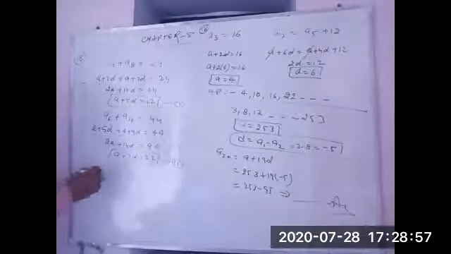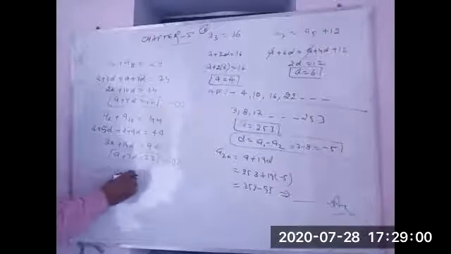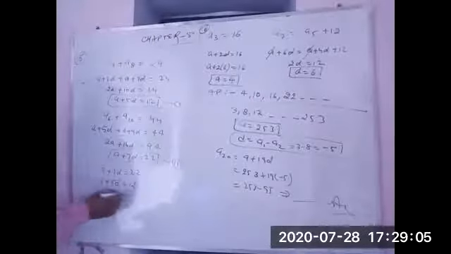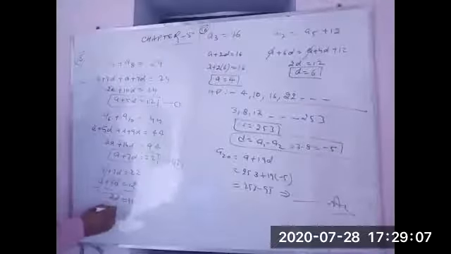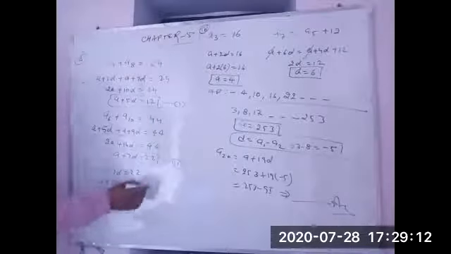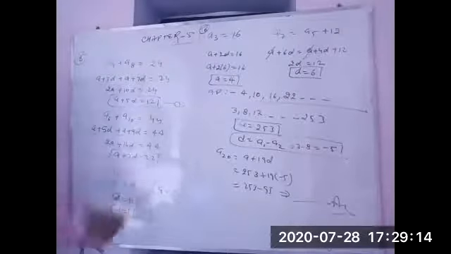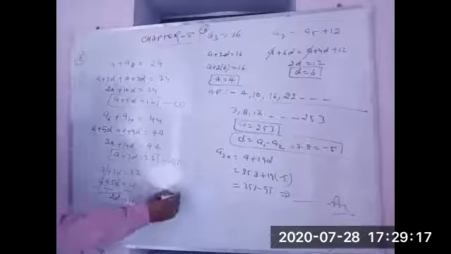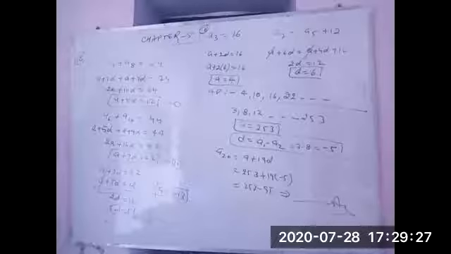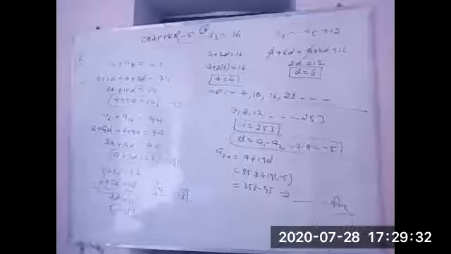Okay, what do we have to do now? a plus 7d equal to 22. a plus 5d equal to 12. Subtracting, 2d equal to 10. d equal to 5. Put it anywhere. 5 fives are 25. 12 minus 25 will be minus 13. Go to the values here. Now you have to find the first 3 terms of the AP. Easily you can find it now. We have the values of a and d. Only a and d are sufficient to find it.